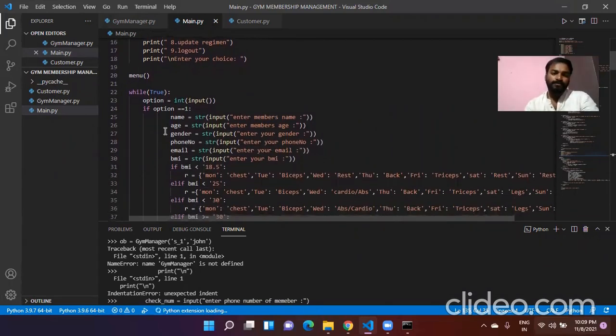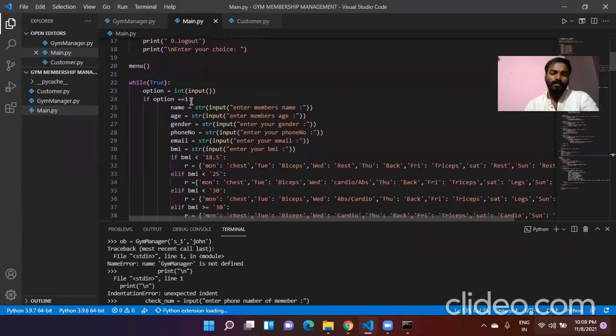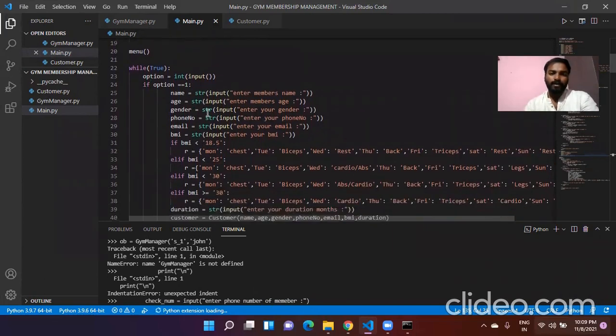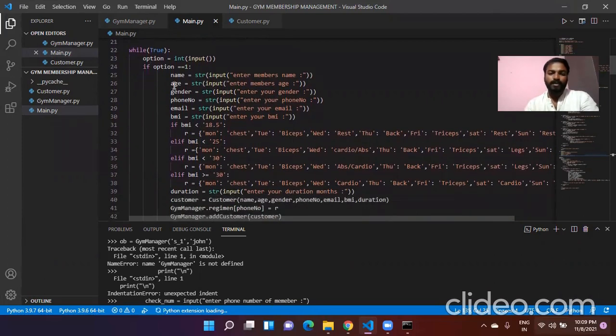access the data. If option equals 1, I had already taken all the data in string methods, so I give string input: name, age, gender, phone number, email, BMI, and I also created a BMI index here. If the BMI is less than 18, this will appear. This is the default resume of the member.